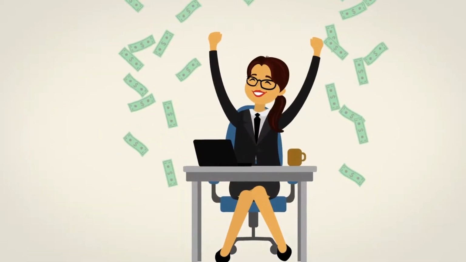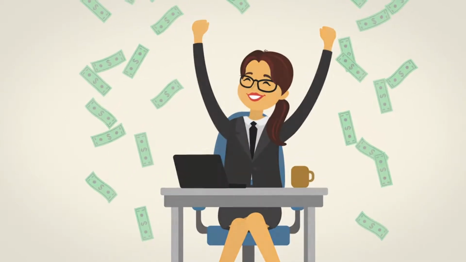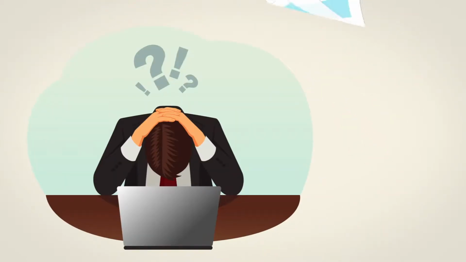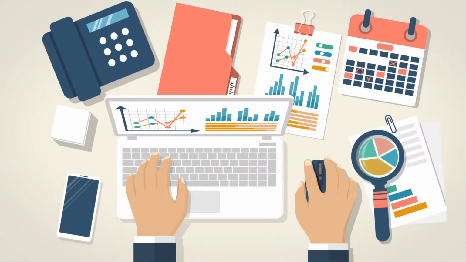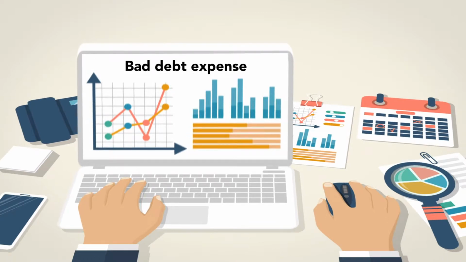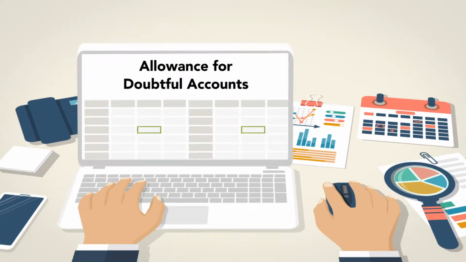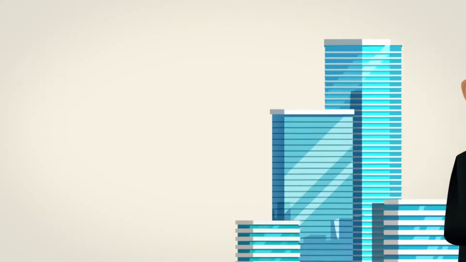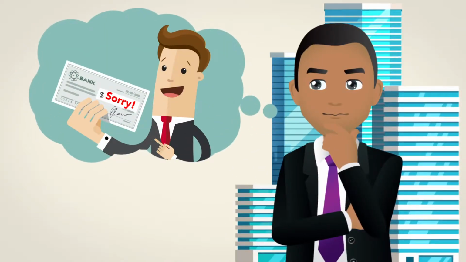In a perfect world, a company would collect all of its receivables, but invariably there are buyers who default on payment obligations. Businesses record these anticipated losses as bad debt expense, and aggregate the bad debts in an account called allowance for doubtful accounts. A business should periodically estimate the amount of its uncollectible accounts.